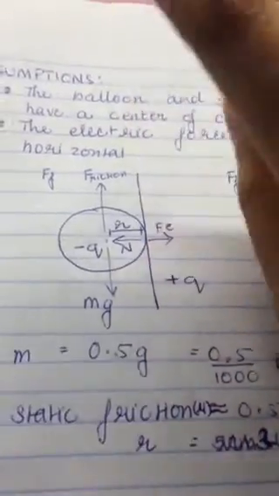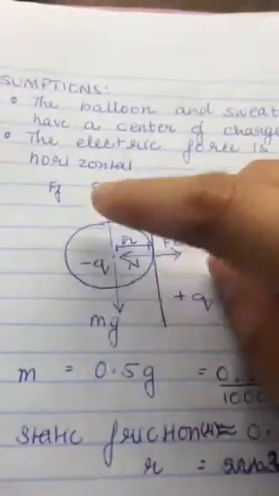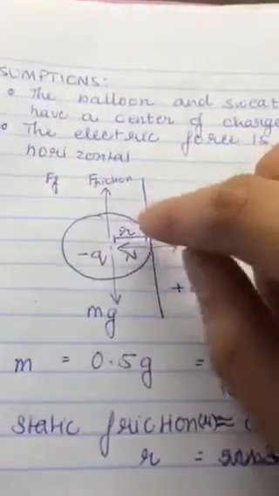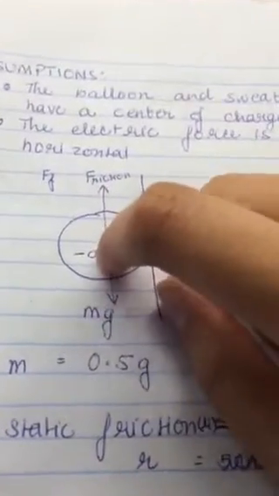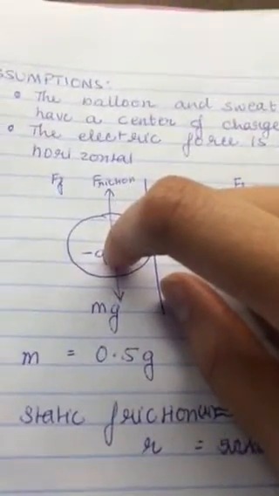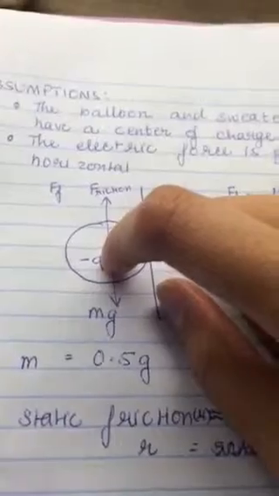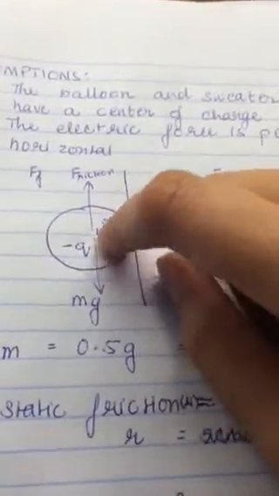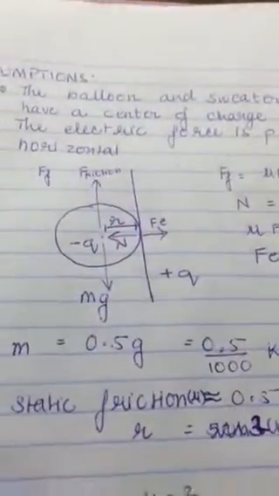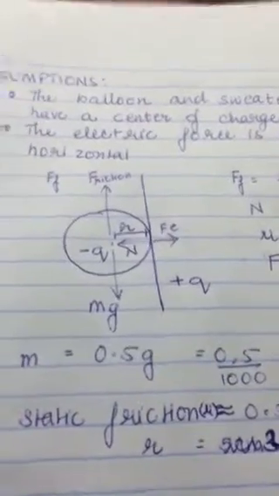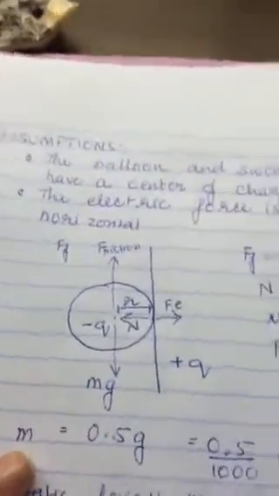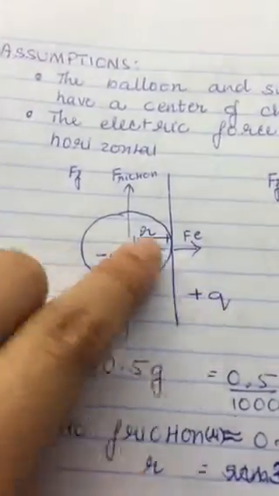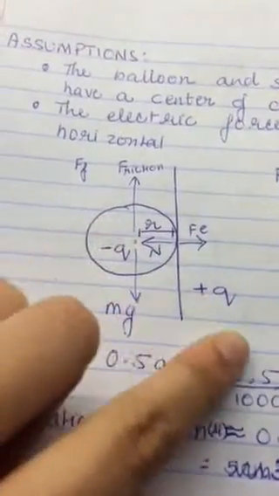Now, what balances the force downwards? It's friction. Friction between the sweater and the balloon. And the friction would balance out, and this would be the balanced force diagram. So now that we have constructed this free body diagram, we also know that the balloon transfers negative charge to the sweater, and